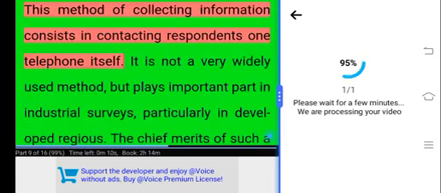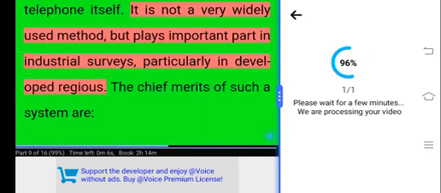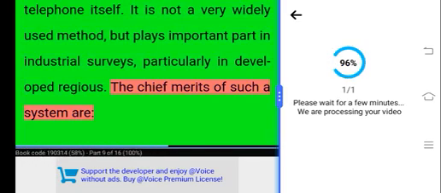Telephone interviews. This method of collecting information consists in contacting respondents on telephone itself. It is not a widely used method, but plays an important part in industrial surveys, particularly in developed regions. The chief merits of such a system are: